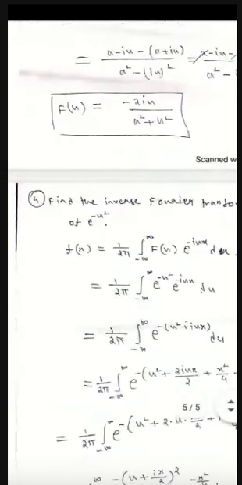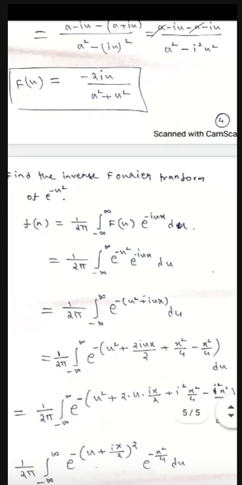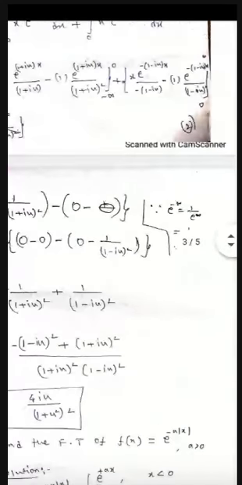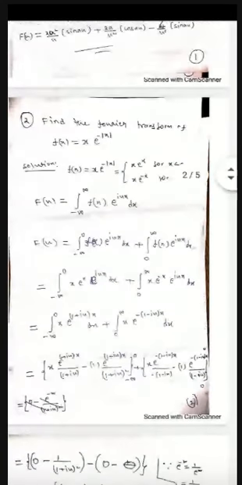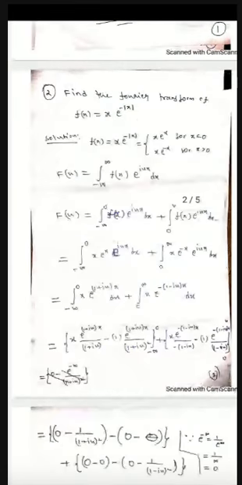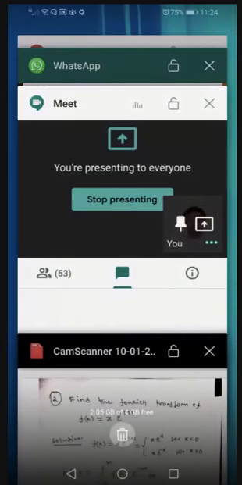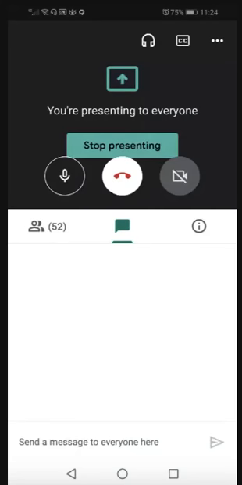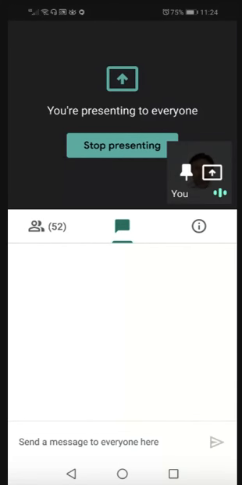Can you tell me one thing? Why am I not using the inverse transform here in the first and second problems? Here also I am not using it. In the last classes I used it. Why? Why did I use it then, and why am I not using it now? Inverse Fourier transforms.